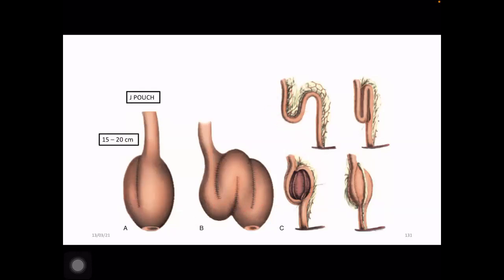So what is the difference between all these pouches? Most commonly we construct the J pouch. It is constructed with two limbs, which is 15 to 20 centimeters. Next, this is the W pouch, which has four limbs, around 12 centimeter size. And this is the